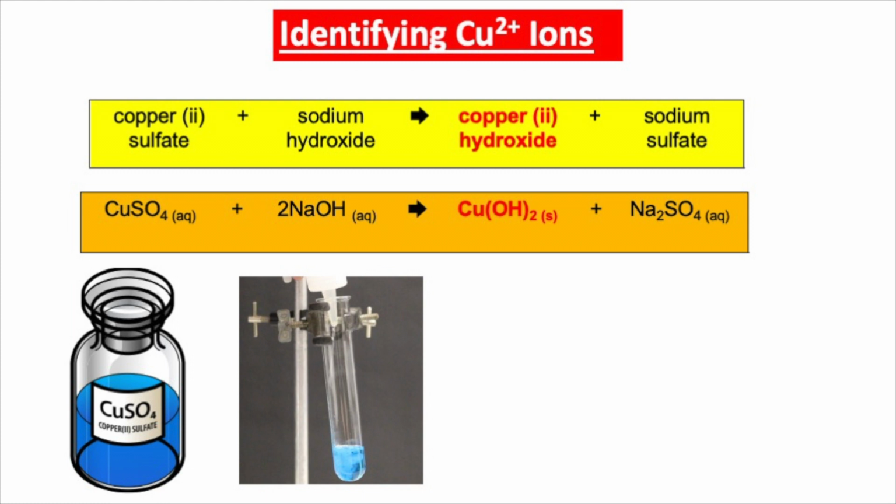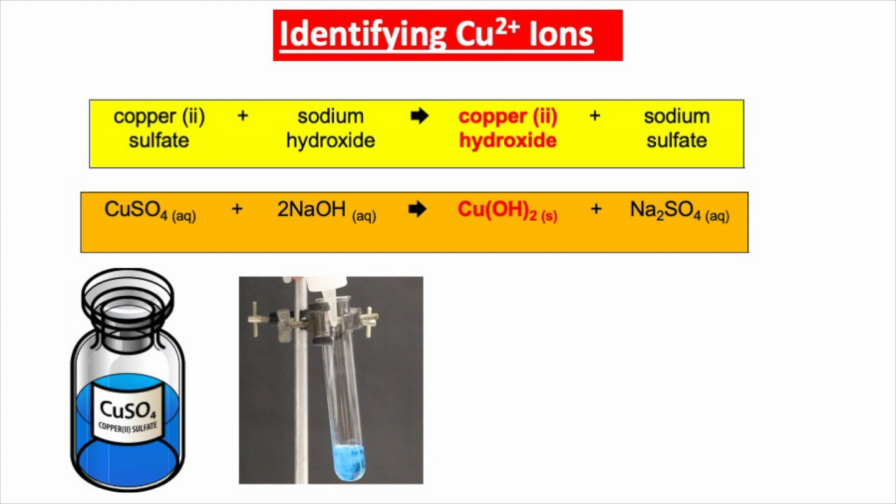So this slide summarizes the reaction that's taken place. So copper 2 sulfate has been reacted with sodium hydroxide to form the insoluble solid, the precipitate, copper 2 hydroxide, and sodium sulfate. And the chemical equation is CuSO4 plus NaOH forms Cu(OH)2 and Na2SO4. Now we have to balance the equation because on the right hand side we have Na2SO4, so there's 2